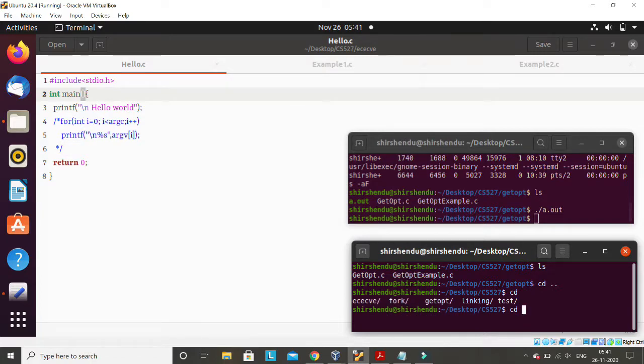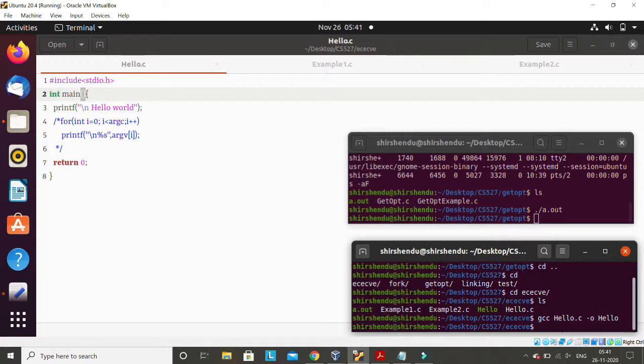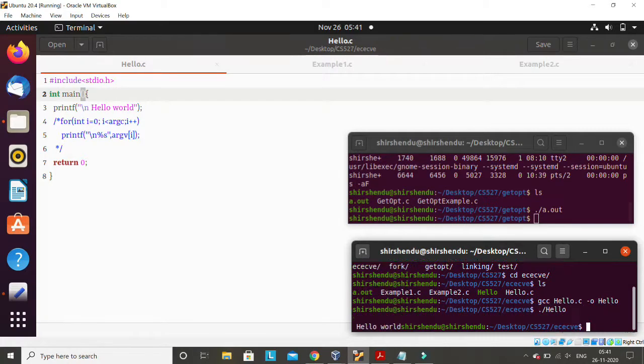Okay, gcc hello.c -o hello. Now if we run hello, it is printing hello world, right?